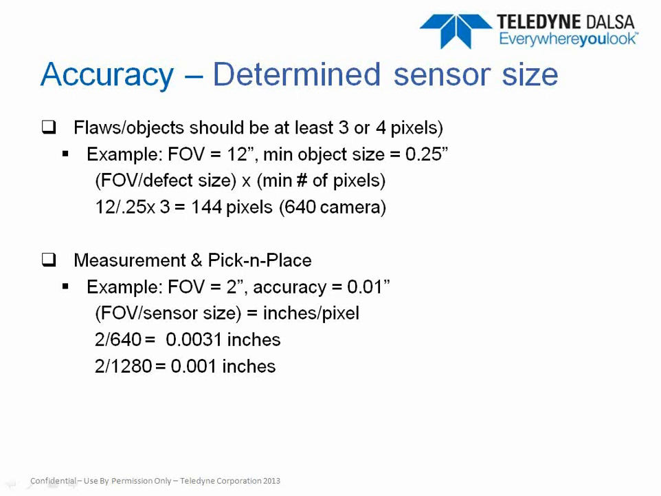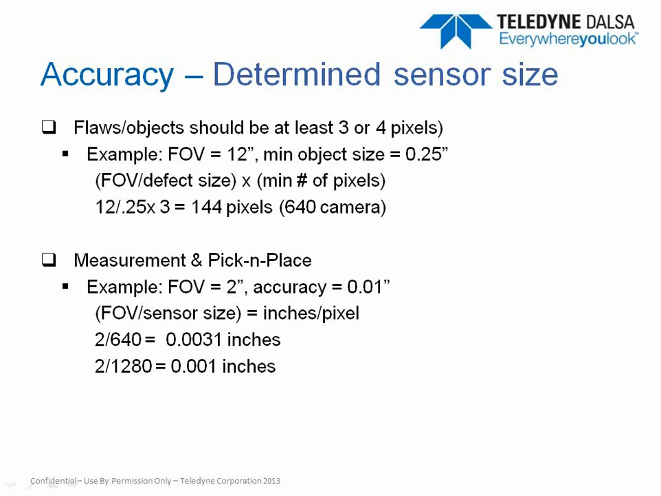So if you divide the field of view by the defect size times the number of minimal pixels, you'll see that you will need 144 pixels for this. So a 640 camera will be plenty of that. If you're doing a measurement or a pick and place where it's a lot more critical for the accuracy, here's